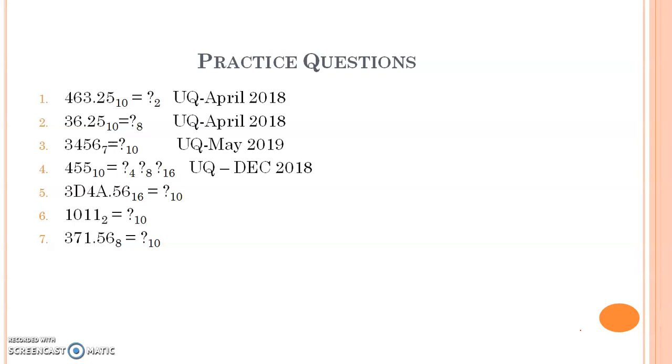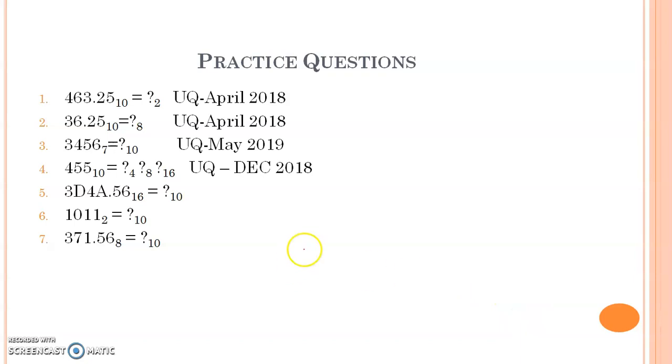Now, the reverse process, that is how you will convert a bigger decimal number to a smaller base. If you want to convert a bigger number to a smaller number, then you have to go on performing division, isn't it? So, for a decimal number to any other number system, you have to perform successive division for the integer part as well as successive multiplication for the fractional part. Okay, hope that is clear.